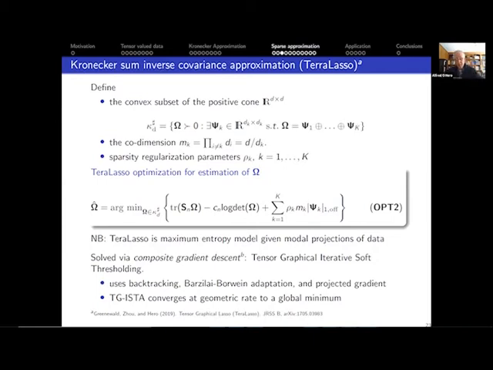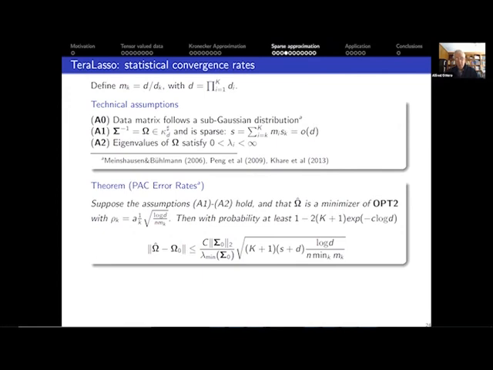We can solve this using some standard descent methods. Because it's a Kronecker sum, we have a convex objective function for the rho k's strictly greater than 0, even if the sample covariance Sn is not full rank. And so we can use iterative soft thresholding, which we do here, composite gradient descent with some standard settings. And we get a solution. We can also look at statistical